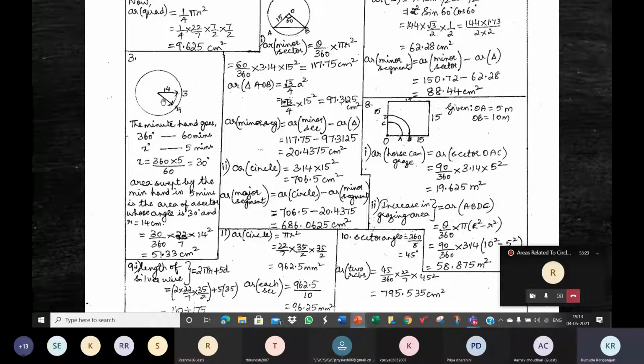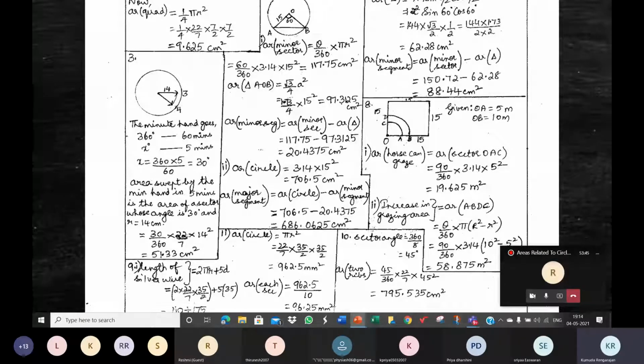We have to find it. And we need the value of the radius. Oh, radius we have. Radius is 14. We don't know the central angle or the sector angle. So that's what we have to find first. When you have to apply a formula, see the unknowns in the formula. See what values you need to use the formula. So to find the area of the sector, you need two values, theta and radius.